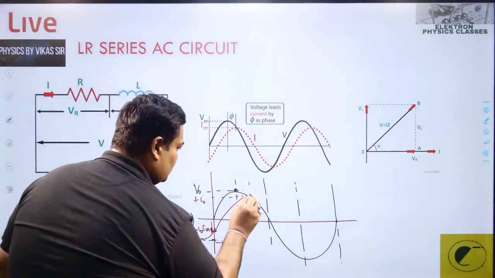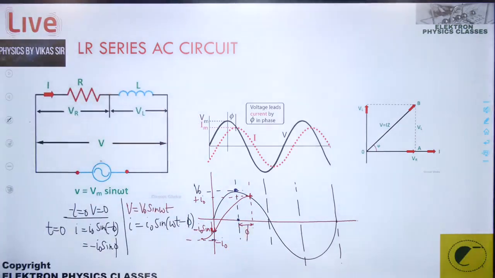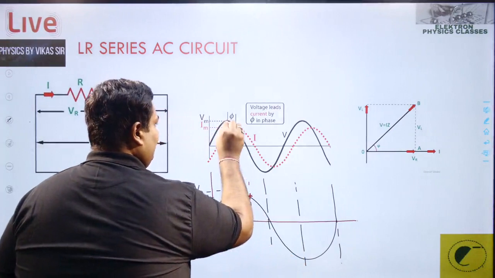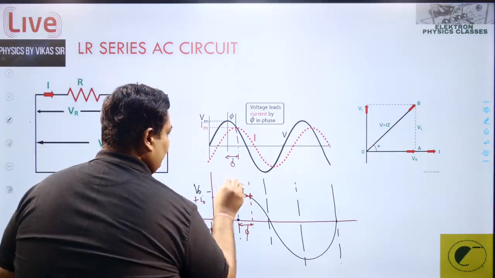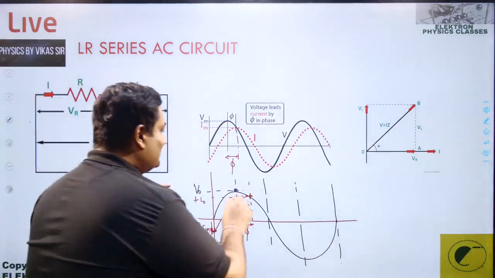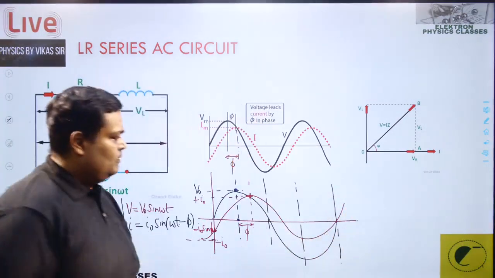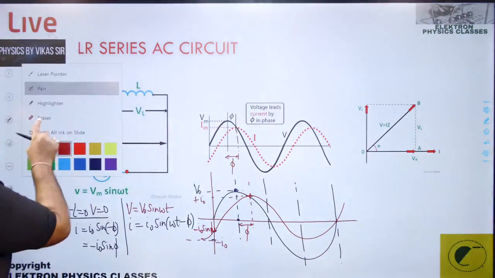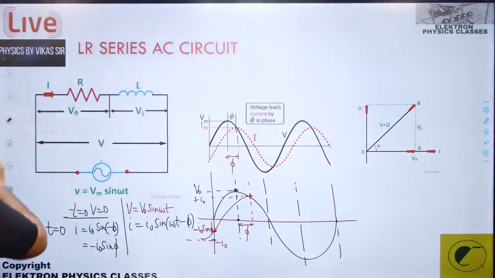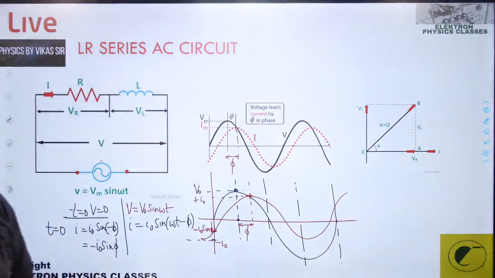And therefore, this phase difference is supposed to be phi, where they are in peak. So this is a peak, this is a peak. This phase difference is supposed to be phi. Is it difficult to locate in this? Yes, it is. Of course, you can sketch this graph further and take this particular graph further like this. But it will be difficult to identify.